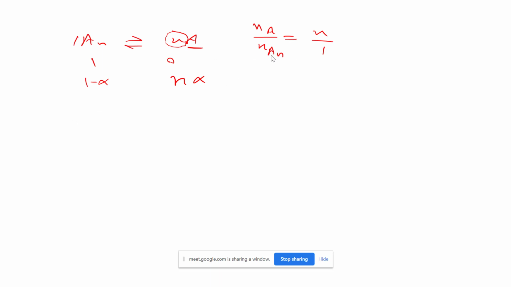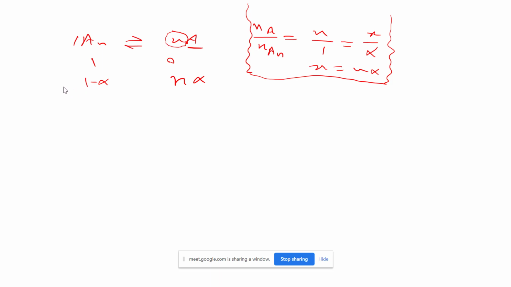So now for A_n, alpha mole has been reacted, so put alpha here. So how many moles are we getting here? Suppose X. So can you say X? That is n alpha. So this ratio is always determined with the help of the stoichiometric coefficient. And this is applicable only for reacted and produced moles, not for all moles or given moles. Moles produced for product and moles reacted for reactant. From how many moles it does not matter.